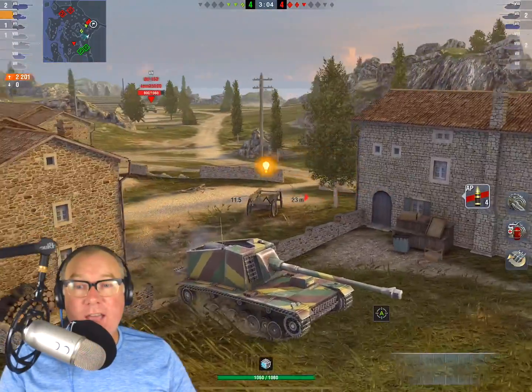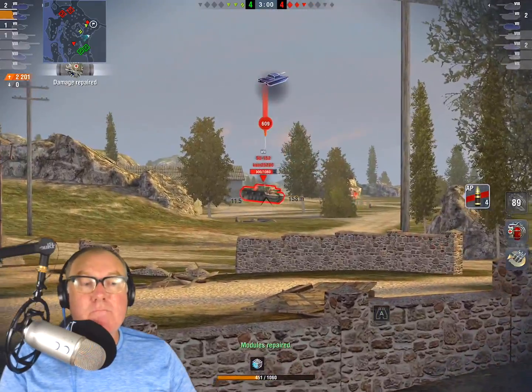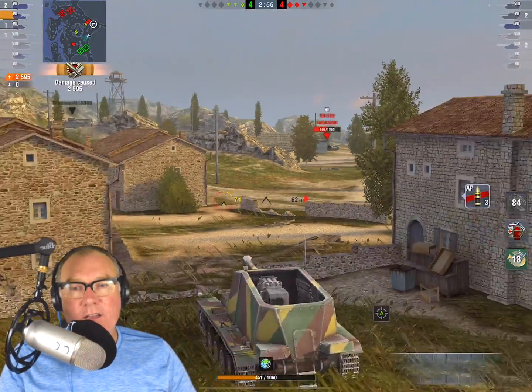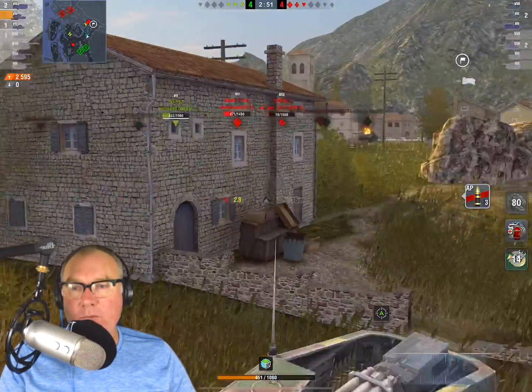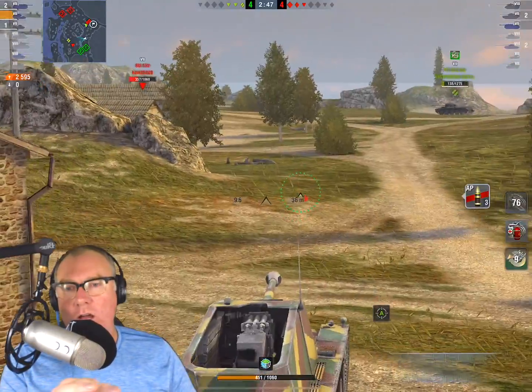You can get that up to 3,014 DPM with the 88 on it. You get the idea. There's some massive DPM tanks here, and this isn't one of them. But what this tank does have is incredible penetration and superb gun depression. And I keep saying that, but I don't think you really grasp it,